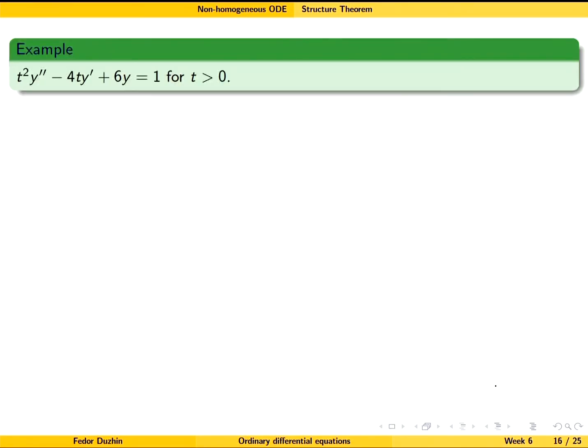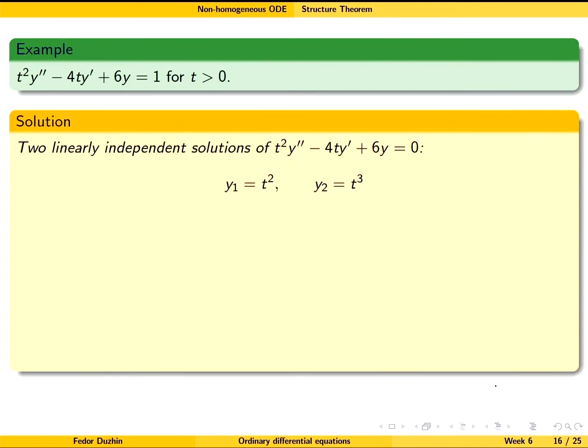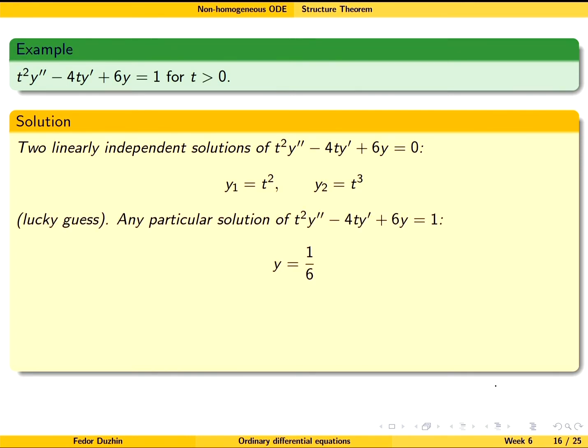Okay, here is an example. This is a non-homogeneous differential equation with non-constant coefficients. Strictly speaking, there is no general way to solve it for non-constant coefficients, but I know that the two solutions are t square and t cube for the corresponding homogeneous equation. It's just because I designed this differential equation that way. So you can imagine that this is a lucky guess. But suppose that we were given this information,